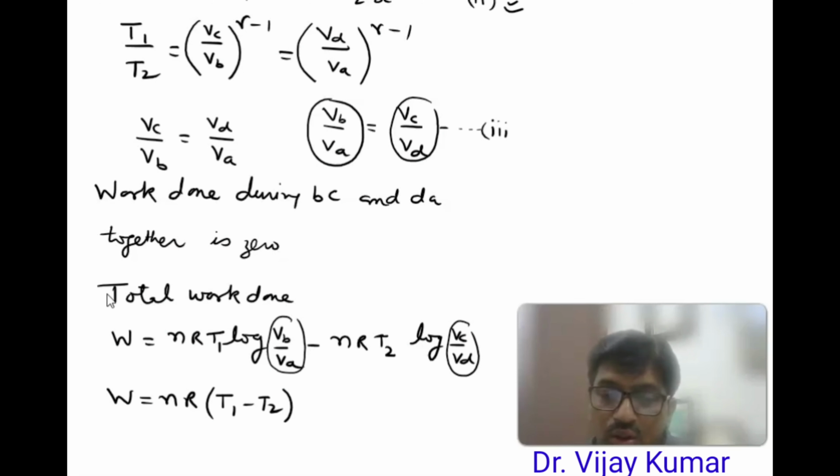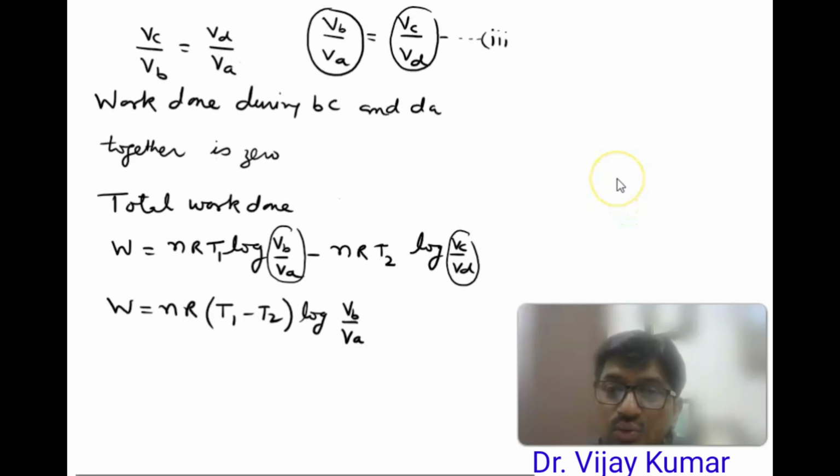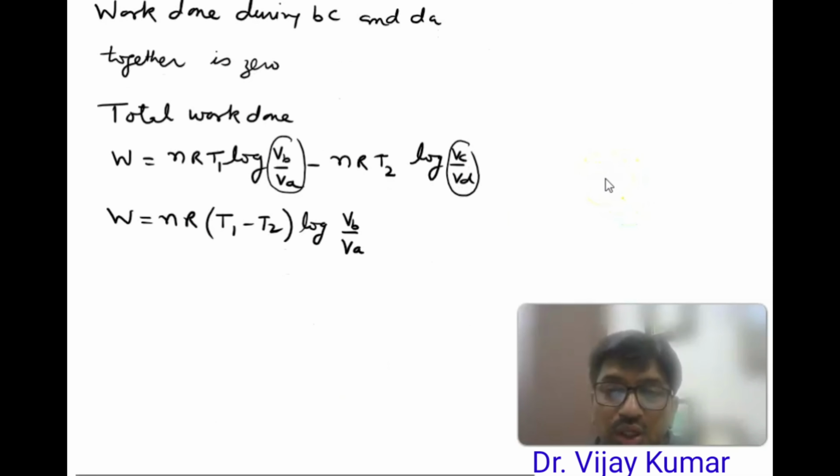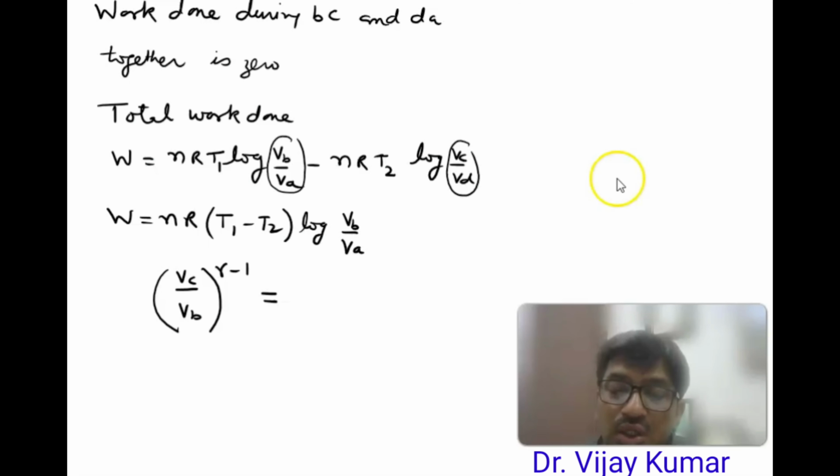So it should be log VB upon VA. So W is equal to nR (T1 minus T2) log VB upon VA. Or we can write VC upon VB to the power gamma minus 1 is equal to T1 upon T2,